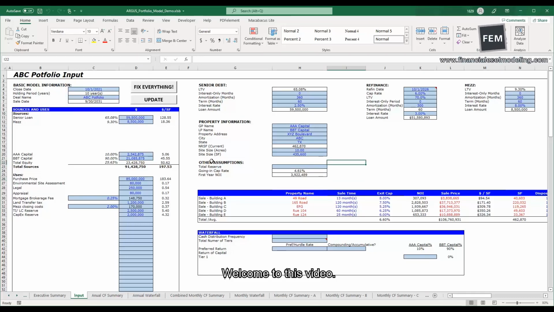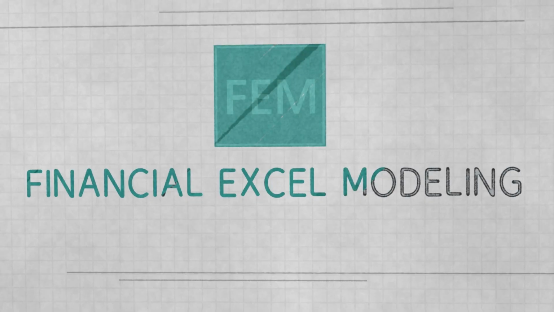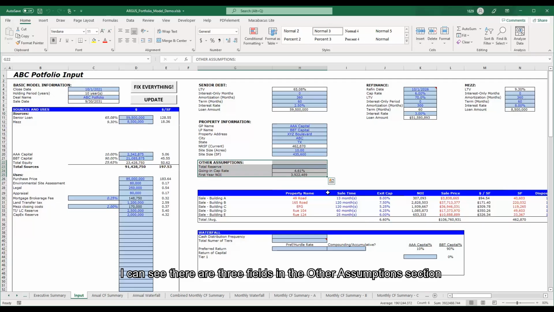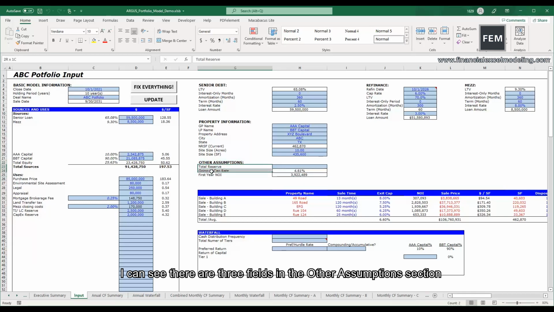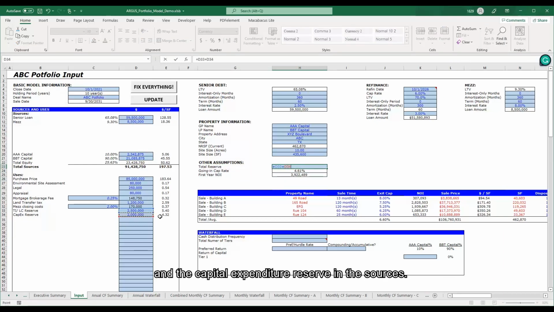Welcome to this video. In this video, I will cover the other assumptions section in the ARGUS portfolio model. I can see there are three fields in the other assumptions section: total reserve, going-in cap rate, and the first year net operating income. I will sum up tenant improvement and leasing commission reserve and the capital expenditure reserve in